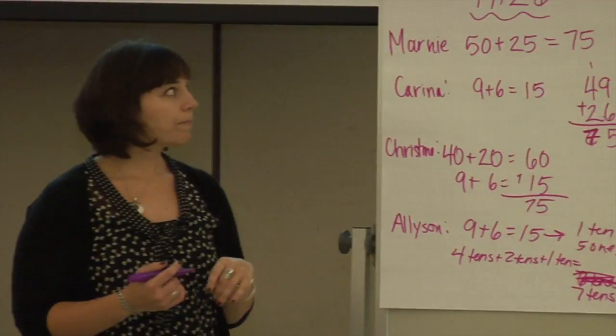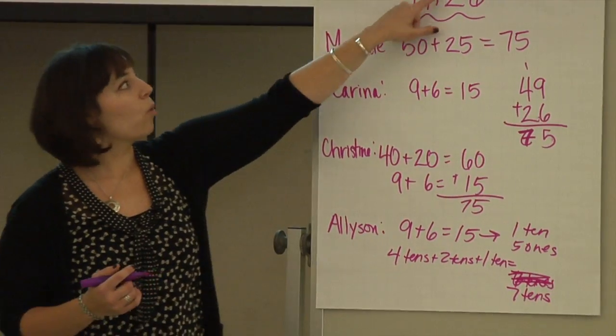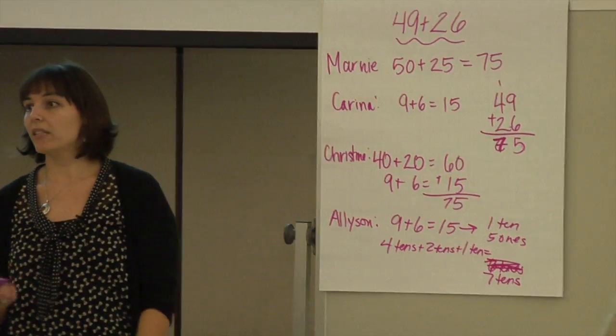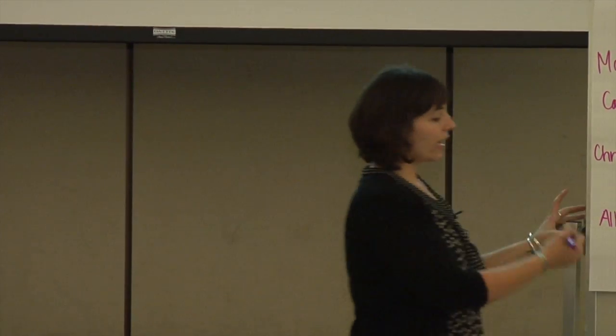So the idea here is that we have all built strategies going along from K, 1, 2, 3, and we all get to come at these problems in whatever way makes sense to us, right? So where I may start by, and nobody actually did this either, but I guess Marnie did, that I need 1 more to get to 50, right? So I'm adding that 1. So that's 6,